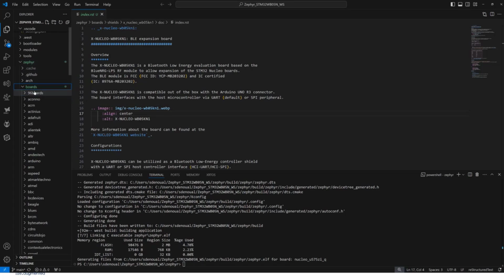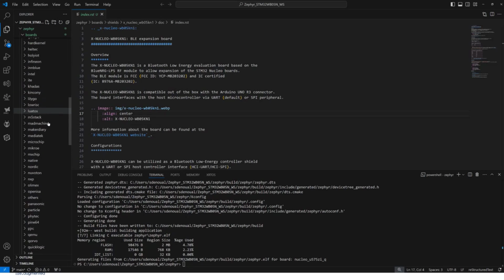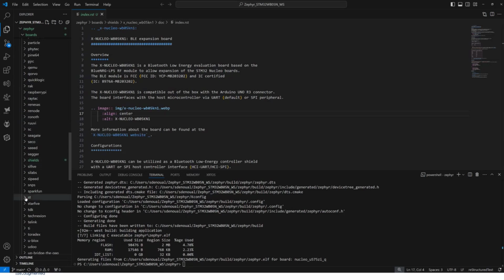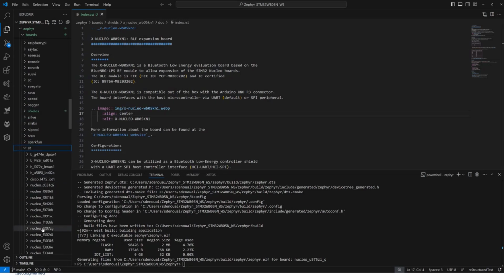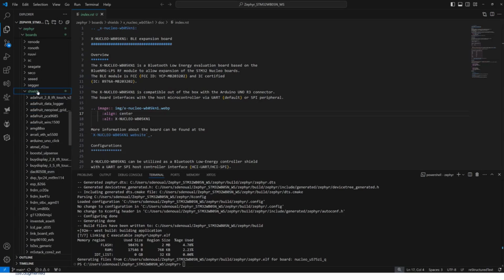We have the Zephyr boards folder, with all the boards defined here, from different providers, including ST. If we look into ST, we will find all the Nucleo boards for all the families. But there is this specific folder defined by Zephyr, which is the shield folder.